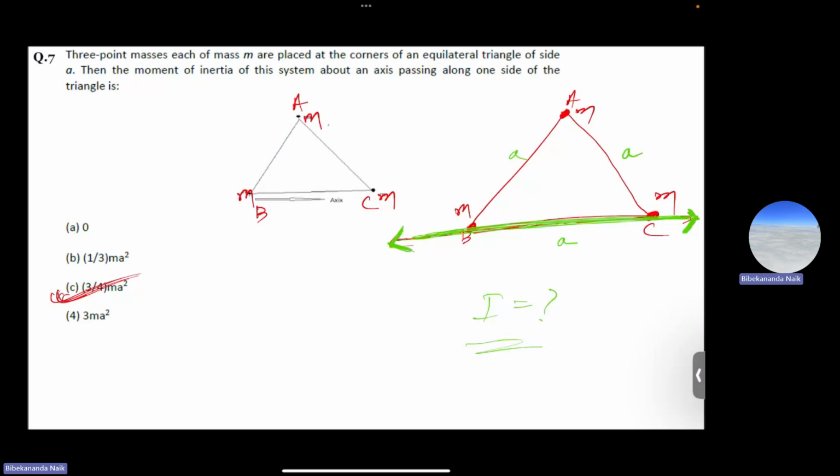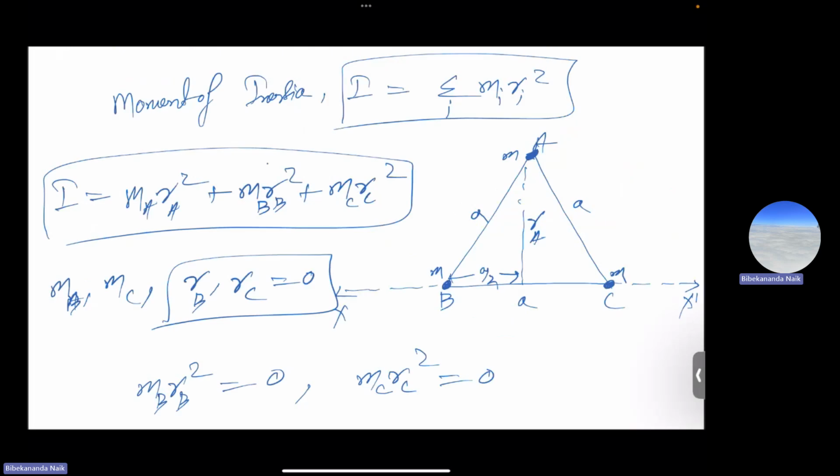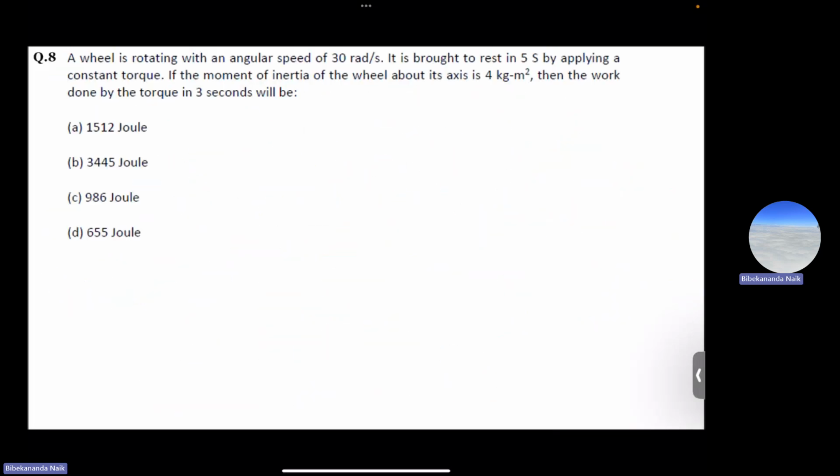I hope this is clear to everyone. Now we will move to question number 8. So question number 8 says,